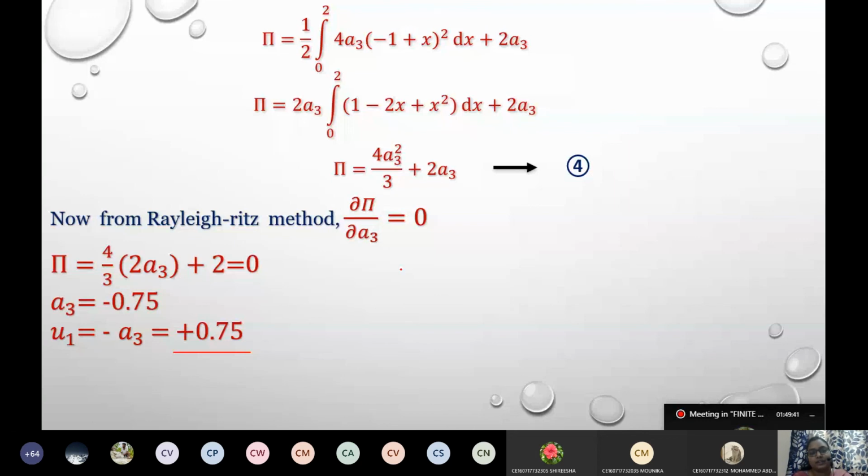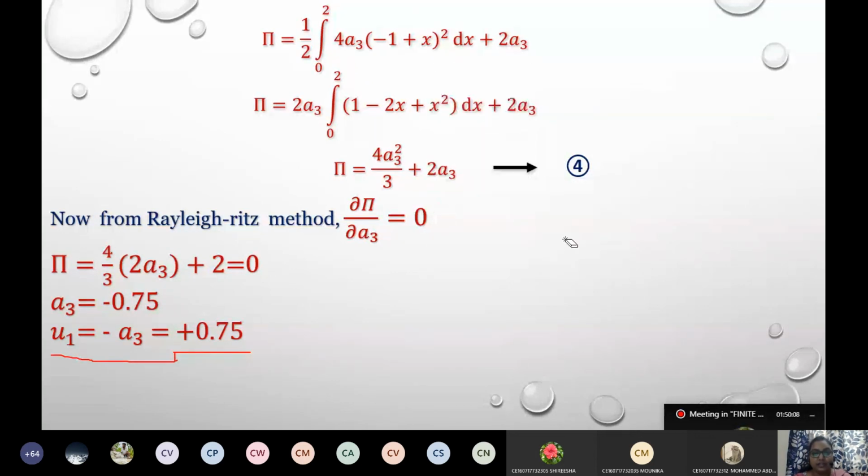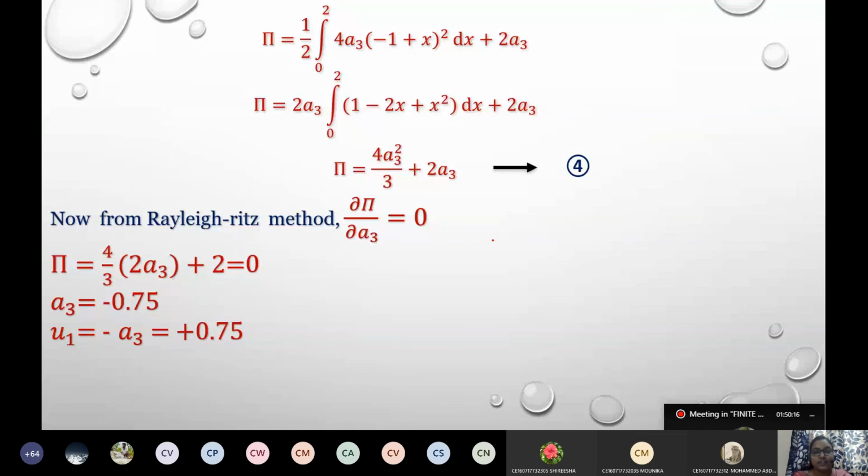To consider the boundary conditions, at x equal to 0, u is equal to 0, and at x equal to 2, u is equal to 0. We had only u1 happening, which is x equal to 1. So the displacement happening at x equal to 1 is our 0.75. This is one part of the solution where we reached analysis. But I already said, when analysis is asked, we have to give the relation between stress and strain.